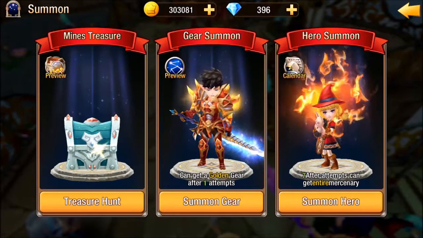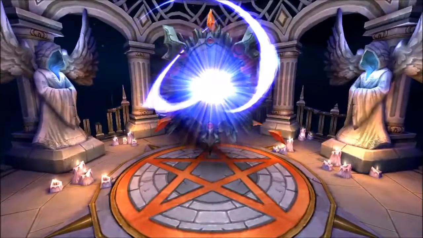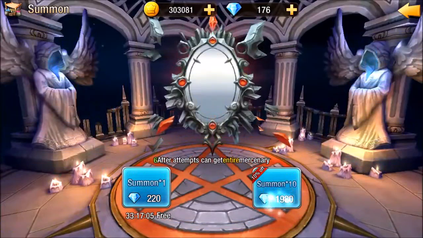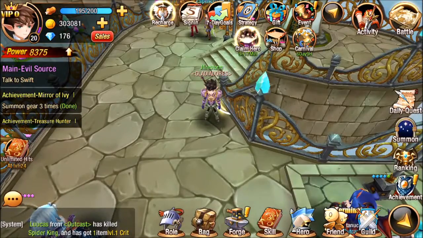And then you have your summoning, where you can summon a creature. You get a certain amount of cards for summoning. And I got 2 cards of the Red Hood. Sweet. And you can go into your...